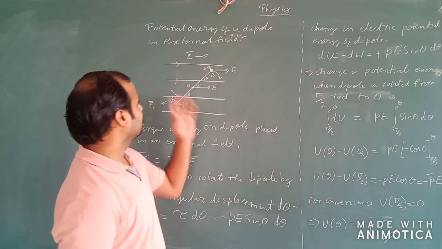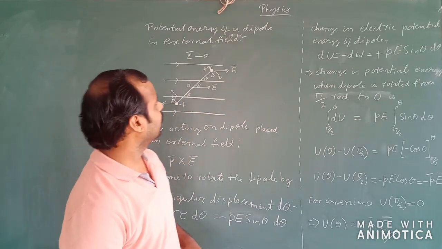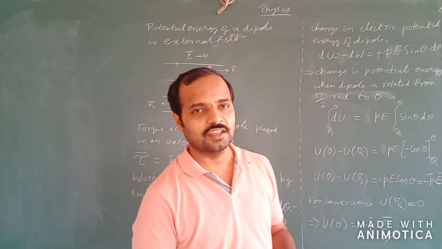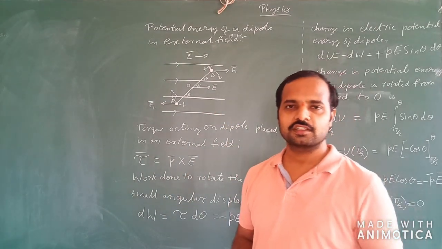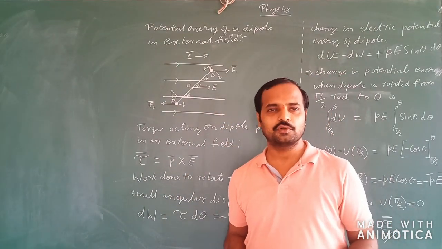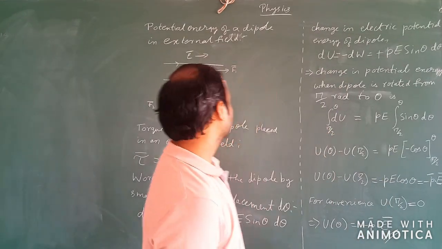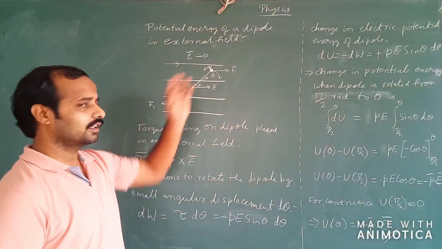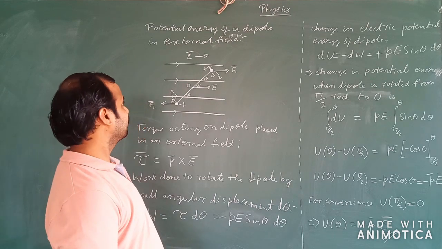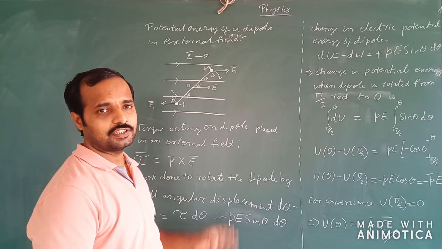We will be looking at the potential energy of a dipole in an external field. That is, what is the total amount of potential energy stored in an electric dipole when it is placed in an external electric field. To do this, firstly we will take a uniform external electric field due to